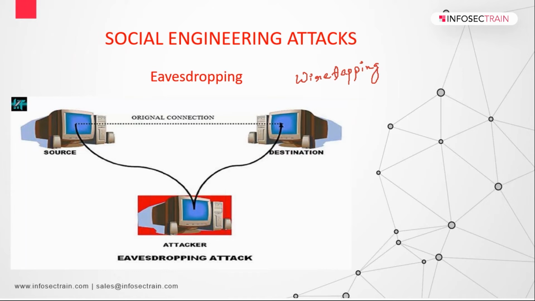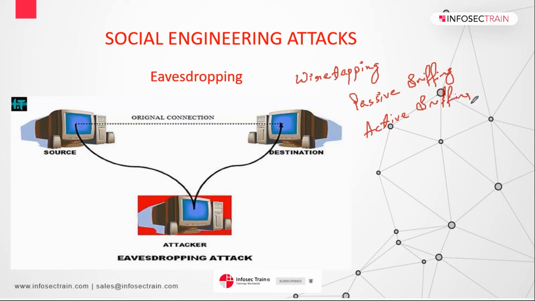So sniffing is something like that only, right? In this, you capture all that data, you analyze that data, and you try to gather more and more information out of it. Clear with this? So guys, when we talk about sniffing, passive sniffing is there, and active sniffing is there, isn't it? So when we talk about passive sniffing, we mostly deal with hubs.